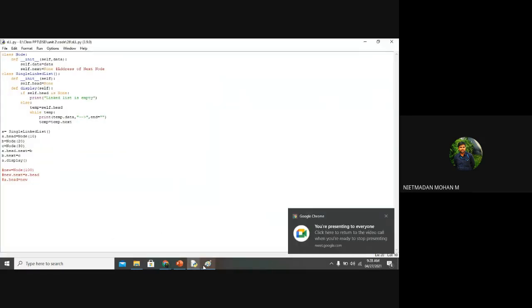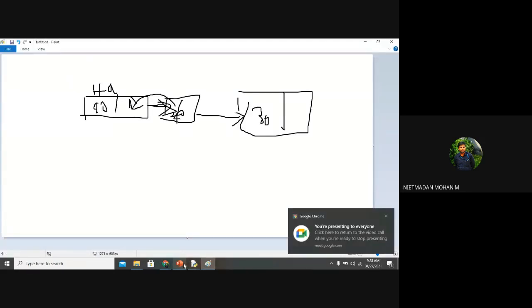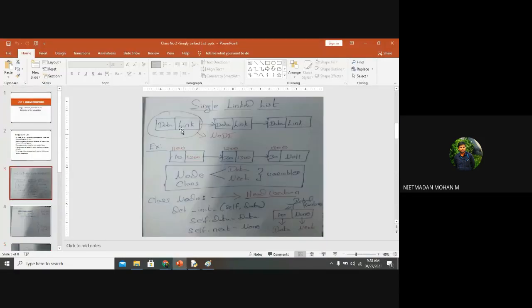So have you understood this concept, right? Yes, sir. So it means we want to create a class called node, and we want to link those nodes. So we are going to create a second class, and we want to get an input from the user, a manual or user-defined input, that is data. So we are creating an object and getting an input, and after getting the input, we want to display the linked list. So this is the concept.